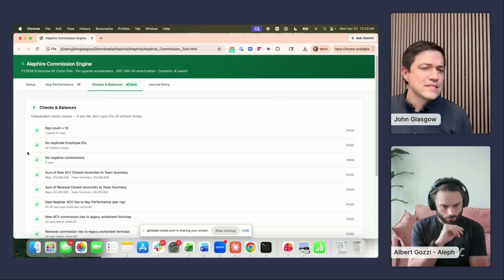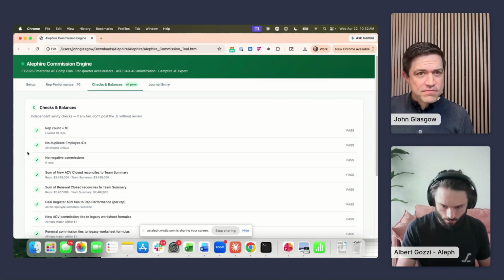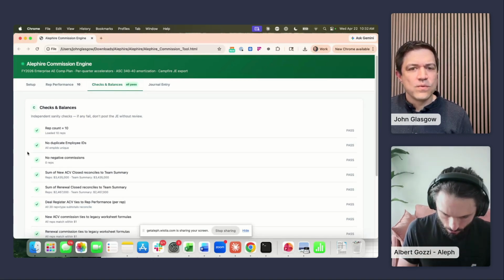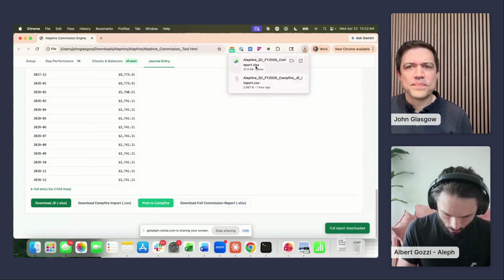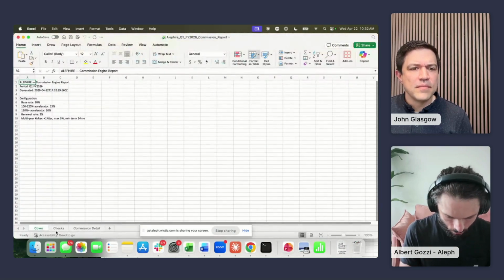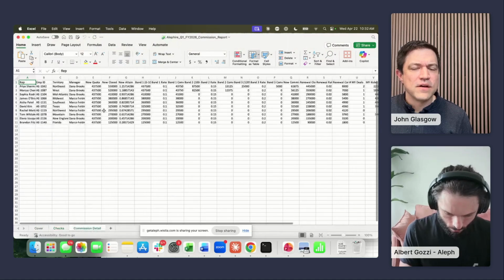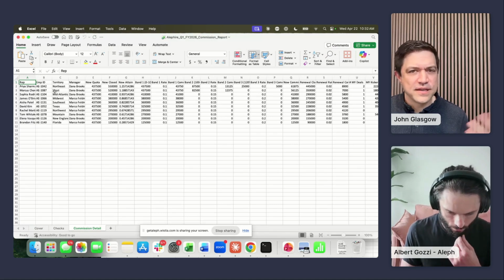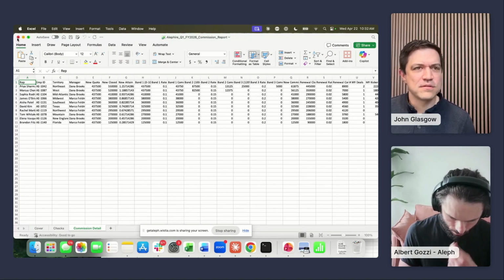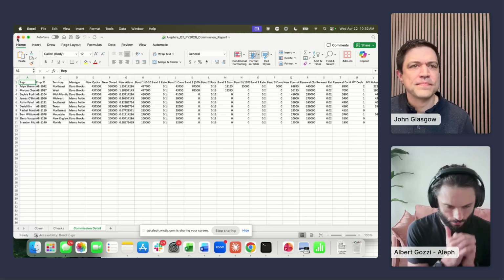Here, I asked the model to build a bunch of checks for itself, but ultimately, what you can do is just what we were talking about, downloading the full report. Here's all the math, and I can ask it to format it. And we can, of course, just go audit the spreadsheet version if that's where we feel the most comfortable, given we're all finance people.